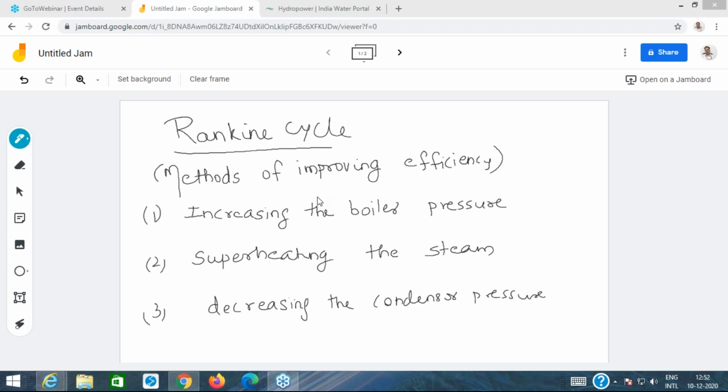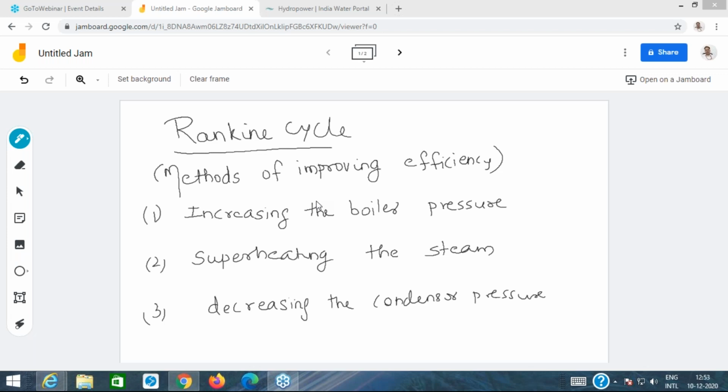See, in the actual Rankine cycle, the temperature would vary. If you want to represent the cycle with a constant temperature, then we cannot choose any constant temperature. It has to be a constant temperature which is representative of the varying temperatures. Where is the temperature varying in the Rankine cycle during heat addition? You know that during heat addition, the temperature of the water would first increase up to the boiling point, then the water would boil, and then the steam would superheat, right? So this is the changing temperature during the heat addition.